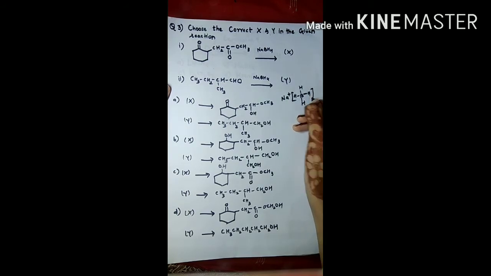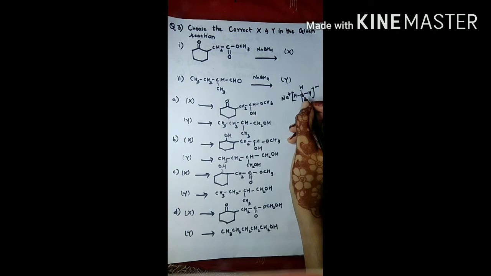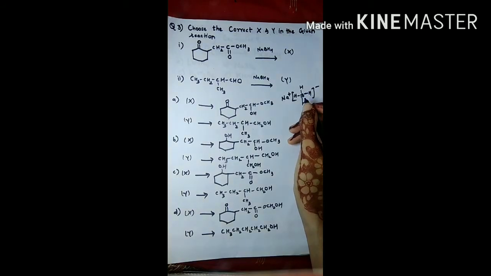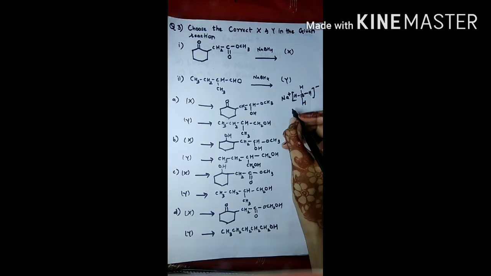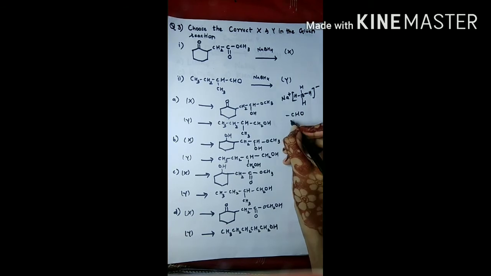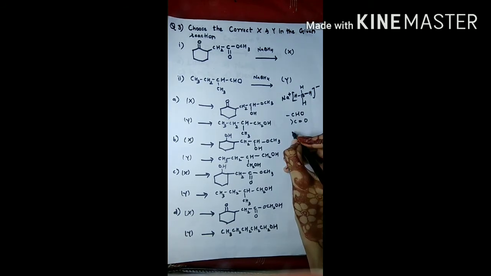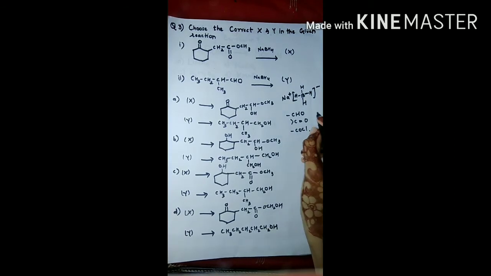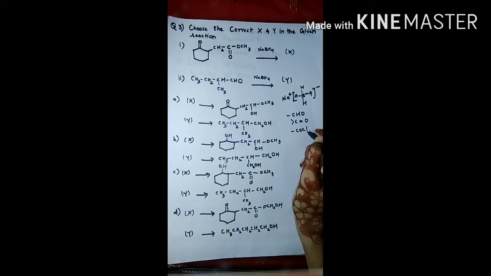It is a mild reducing agent and a very selective reducing agent. This selectively reduces the functional group. And if cerium 3 is present as a reagent in any reaction, then it will selectively reduce the alpha beta unsaturated ketone into alcohol. So here aldehyde, ketone and carbonyl chloride can be converted into alcohol by the presence of sodium borohydride. So it affects these three groups and converts them into alcohol, whereas